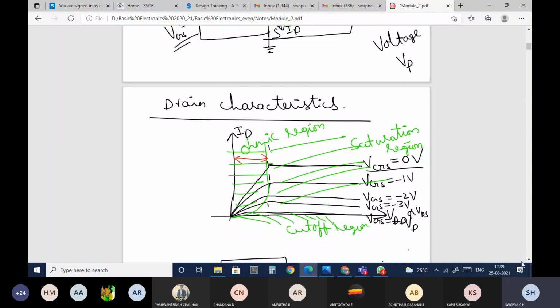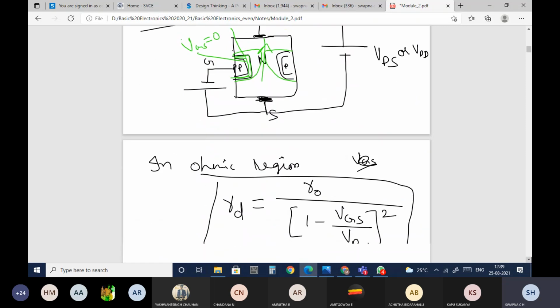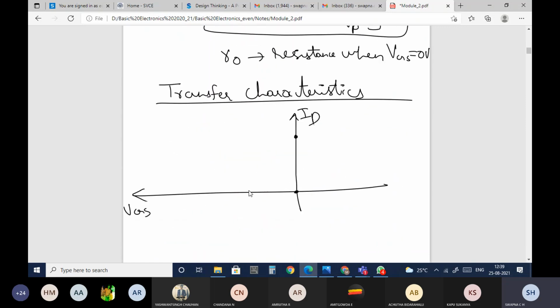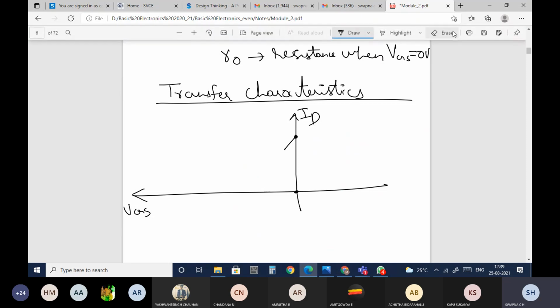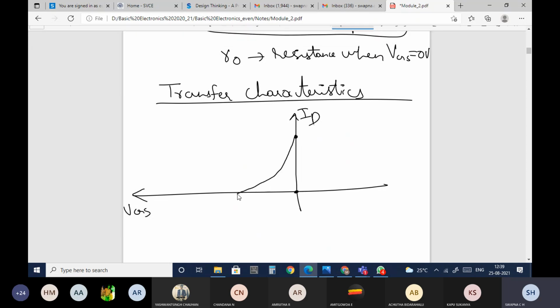As VGS is decreasing, with negative voltages -1, -2, -3, the current is decreasing. And at VGS equal to VP, you will have zero current. That is what the transfer characteristics are.